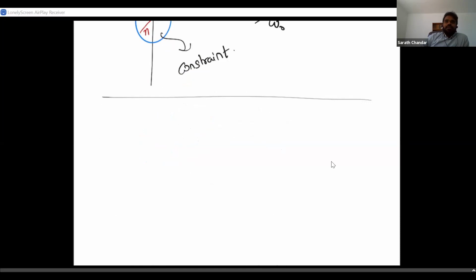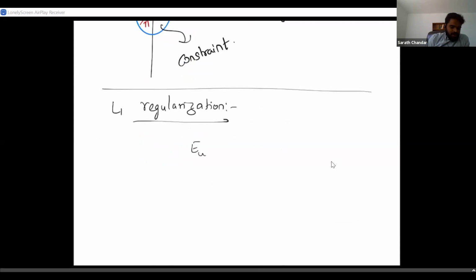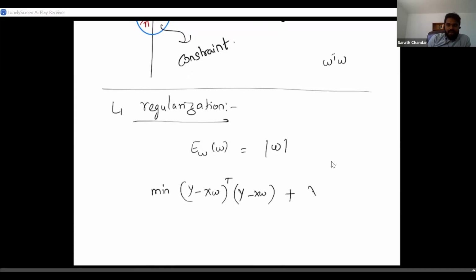Okay, so we have seen L2 regularization so far, but there is also L1 regularization that one could do. In the case of L1 regularization, my regularization term is simply mod W. Remember that in the case of L2 regularization, it was W transpose W, W square, right? In this case, it is just the absolute value of W. So now my objective function becomes minimize Y minus XW transpose Y minus XW, plus lambda times